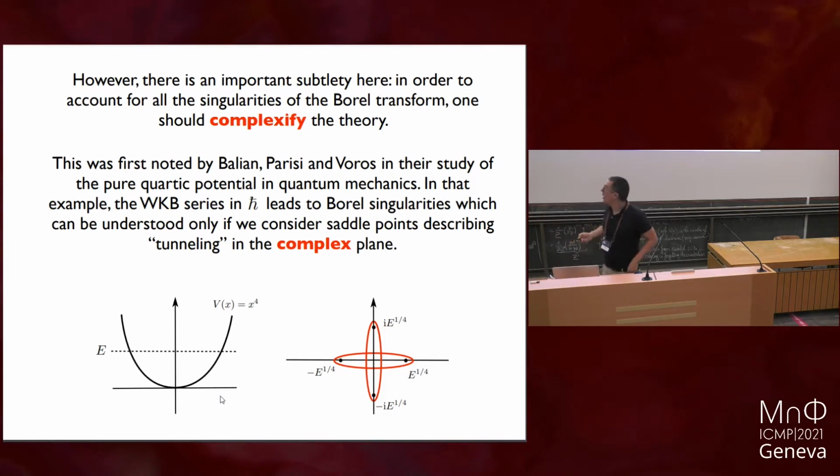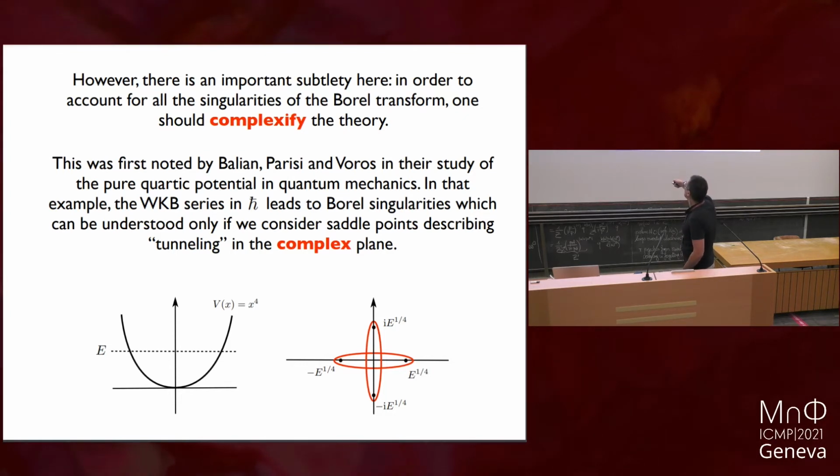But then what they realize is that when you look at this potential in the complex plane, you don't have 2 turning points, because this is a quartic potential. You have actually 4 turning points, 2 on the real axis and 2 on the imaginary axis. And what is going on is that when you allow your particles to oscillate in the complex plane, they will have motions also on the imaginary axis. And there is some sort of complex version of tunneling which involves these 2 additional critical points,